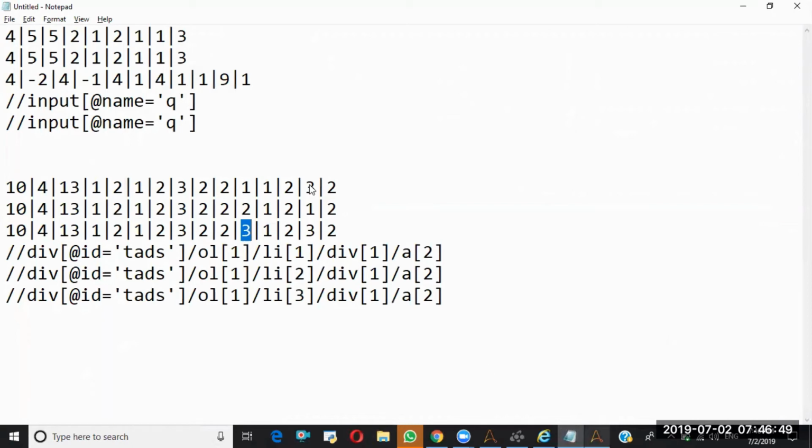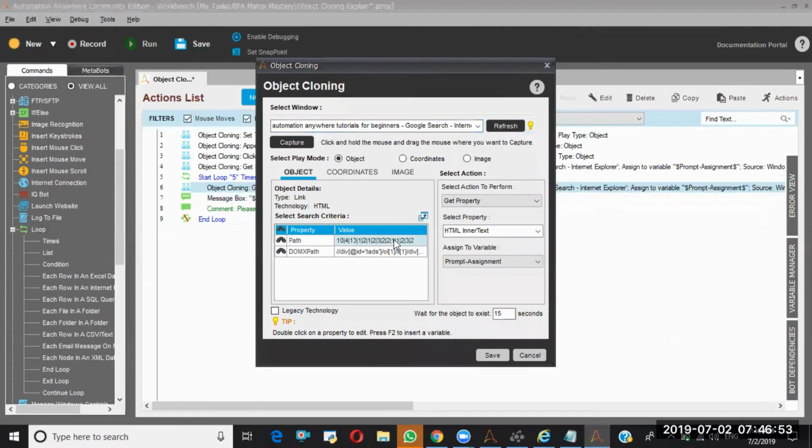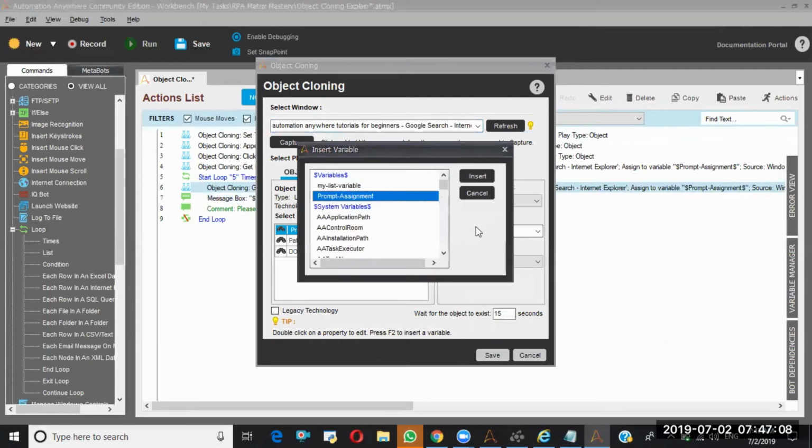So here I'm going to edit this object loading command. So 1, 2, 3, 4, 5. This one I am removing. Here instead of this one I am giving the F2, and here one system variable will be there called counter.